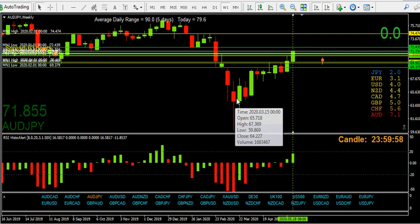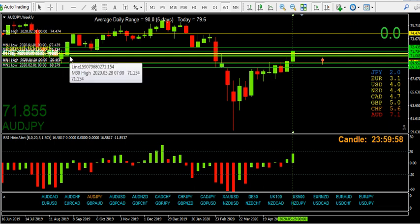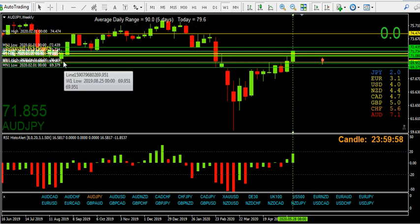So on the weekly, we just need to make sure these levels are filled in, so we will put them in weekly, and this weekly support over here, that might have been broken through when I considered my 6 a.m. trade, but put the level on anyway, and put this old support on here as well, because old support on the left hand side, it's not been tested or closed through